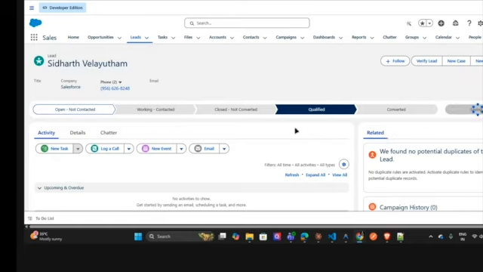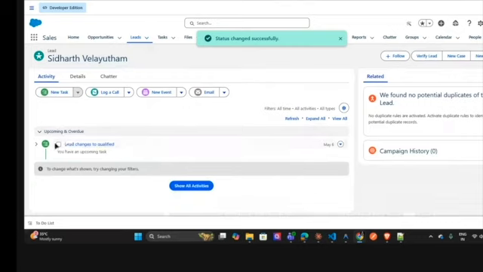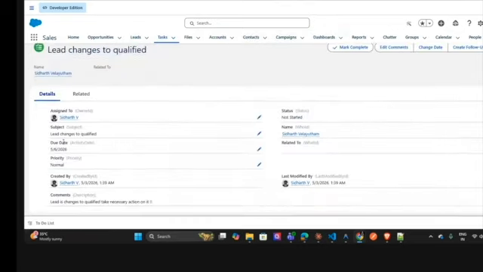So here the lead is qualified, right? That's the data the user is clicking or entering, and based on that data